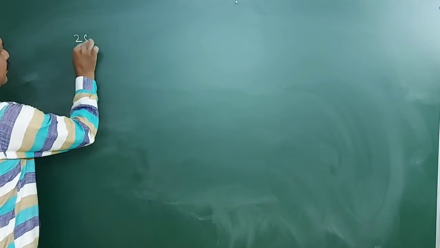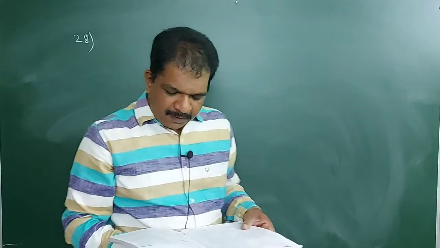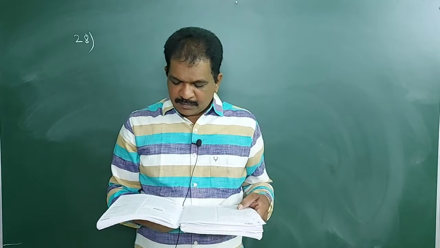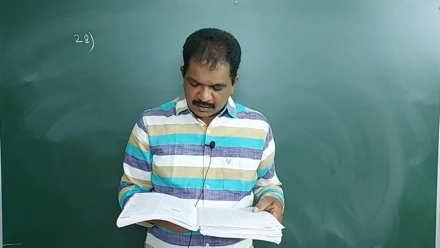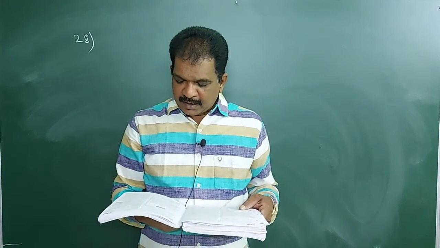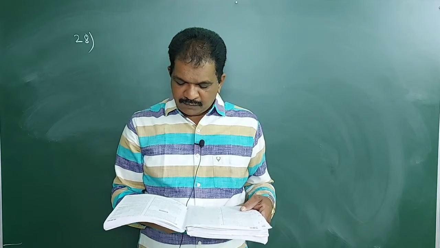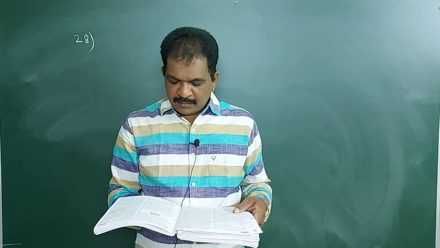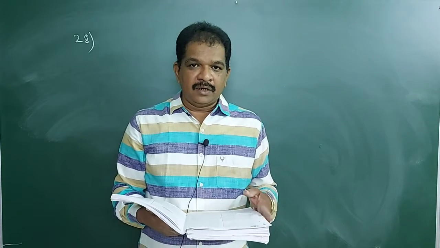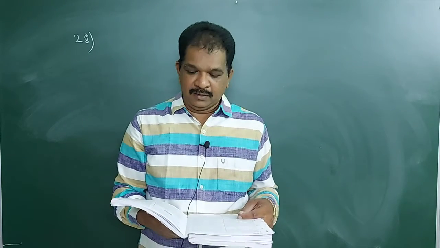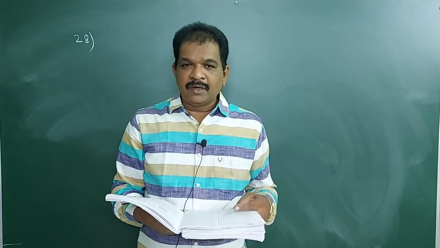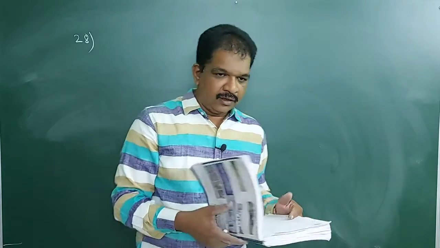Okay. Power radiated by a black body is P and it radiates maximum energy at wavelength lambda naught. If the temperature of the body is now changed so that it radiates maximum energy at the wavelength 3/4 lambda naught, power radiated becomes Np. The value of N is? When the wavelength is lambda naught, power radiated is P. When the wavelength becomes 3/4 lambda naught, power becomes Np. What is the value of N?